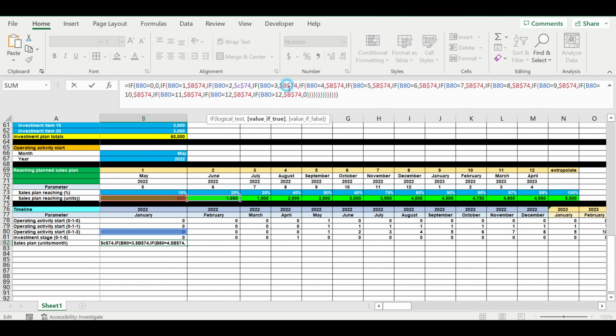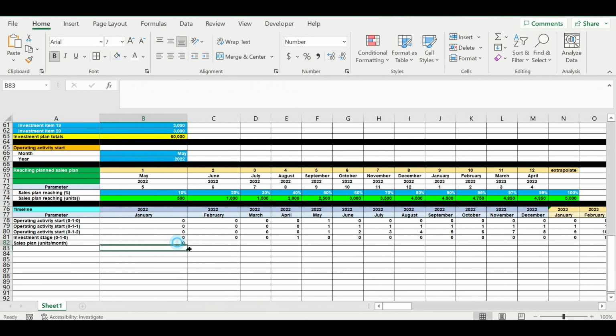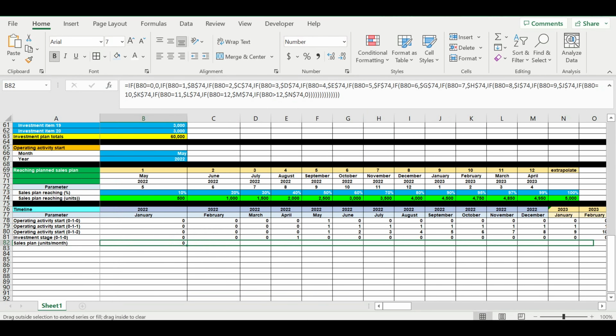C, D, E, F, G, H, I, J, K, L, M, and N. Then I'm pressing enter,